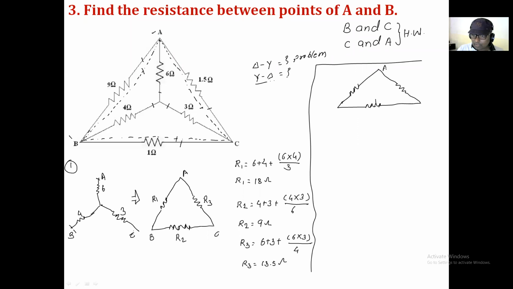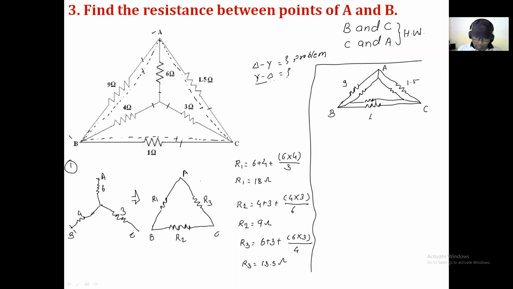This is an upper triangle as it is. No issue with this triangle. I say that 9 ohm. This is 1.5 and this is 1 ohm. Okay. And now the inner star can be replaced and one triangle comes. Let me try to draw that triangle here. Is it right? So this is the branch which is connected in between A and B.